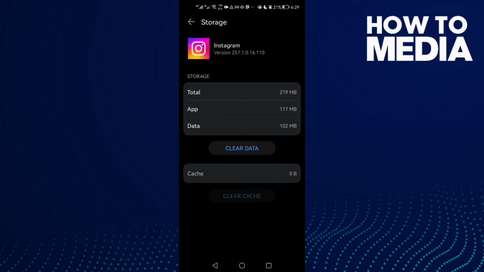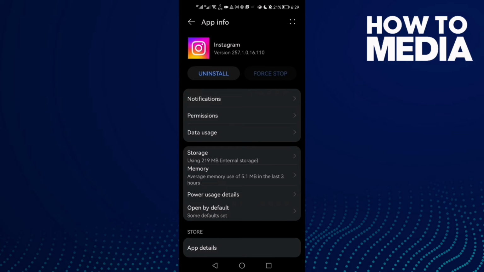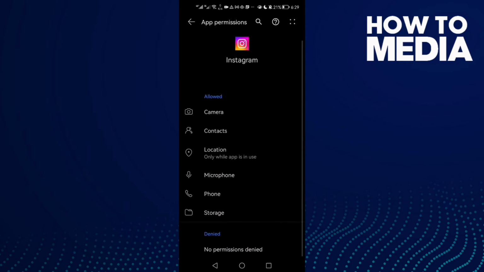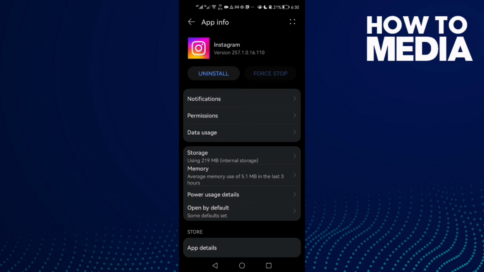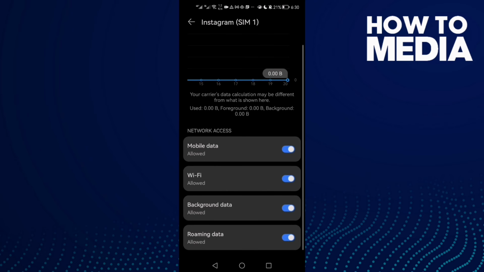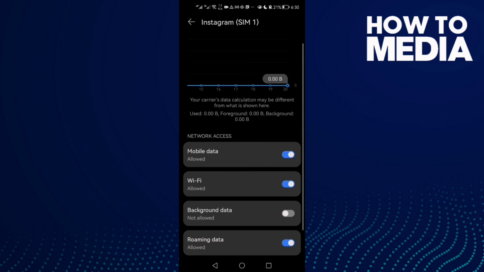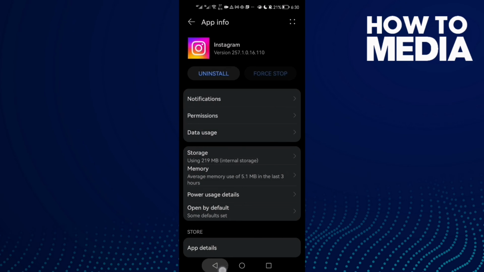fixed. And if that doesn't fix your problem, just go back here, go to permissions. Now enable all of those here, location and contacts and storage, and now just go to this one, data usage, and enable background data. Maybe you will find it like that, just enable it, and